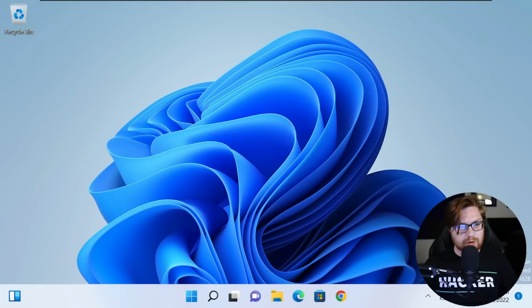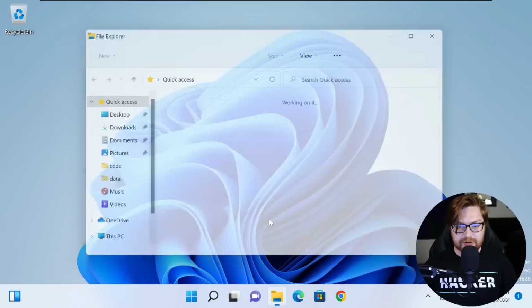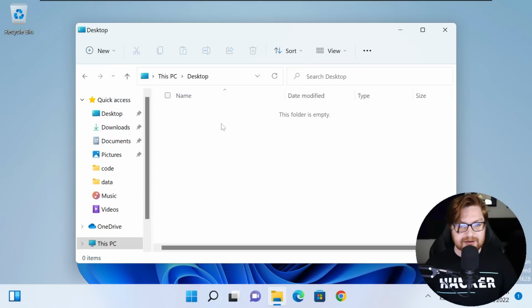Okay, so I'm going to be working in my Windows 11 virtual machine. I do want to be targeting a Windows operating system for this. Gives it a little bit more realism, although we could totally write this within Linux, in Kali, in Ubuntu, whatever distribution you might like. I am going to open up my file explorer, and within my desktop,